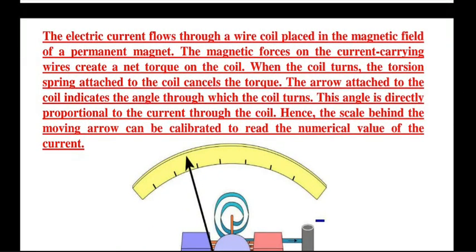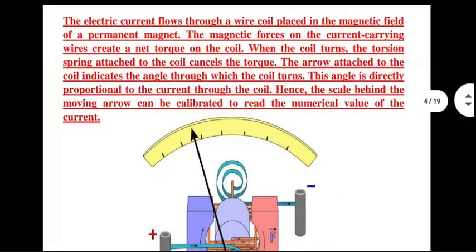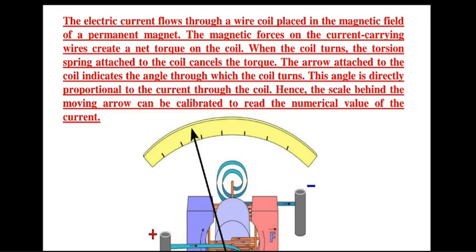The electric current flows through a wire coil placed in the magnetic field of a permanent magnet. Okay, all this is built in. You don't see it from outside. The magnetic forces on the current carrying wires create a net torque on the coil. The coil turns